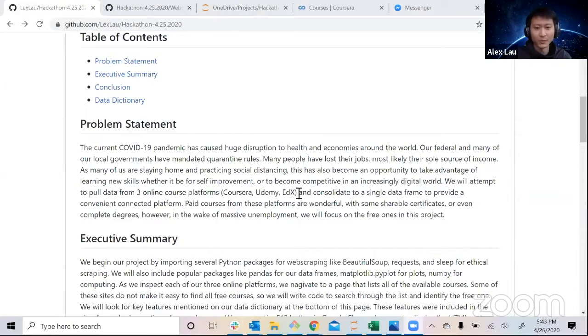So we focused on 3 main online platforms. One is Coursera, Udemy, and edX. These are very large companies that have a huge amount of classes. A lot of them are paid, but they even offer free ones. And so as